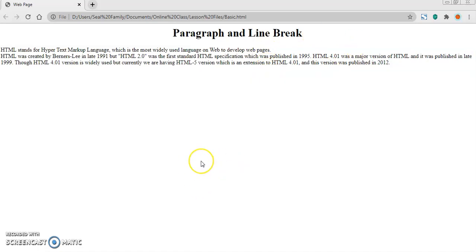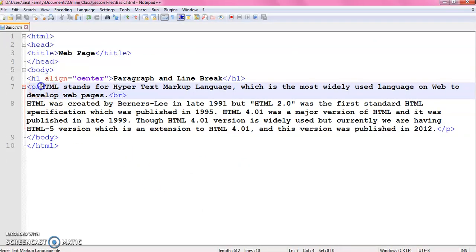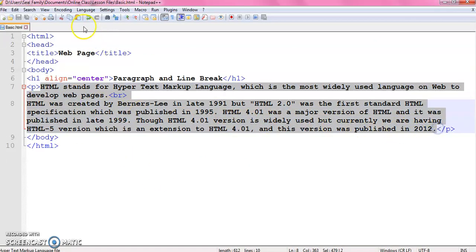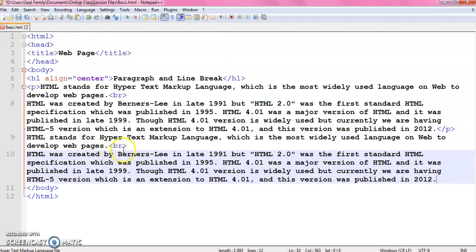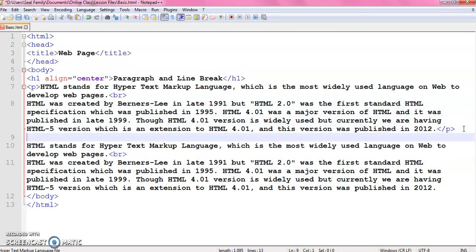You can also use this BR tag outside a paragraph. Just like when I am copying this text and placing it outside the paragraph.